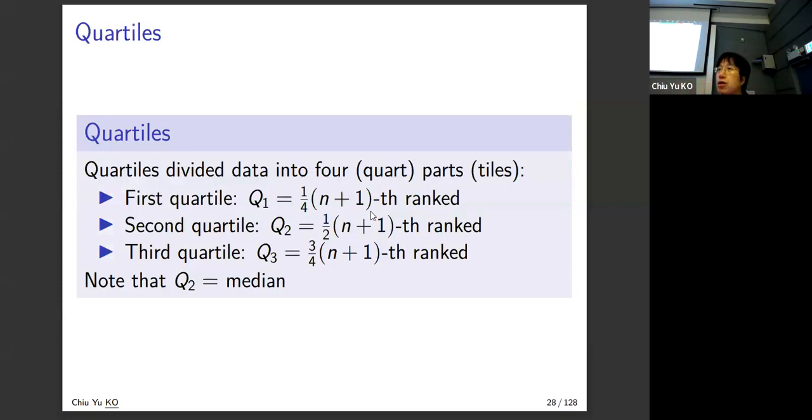Now you've learned range: the biggest minus the smallest. Is there anything other than the range, since the range is affected by outliers? Yes. Instead of looking at the biggest and smallest, look at the 25% to 75% part. What does that mean? To be more precise,